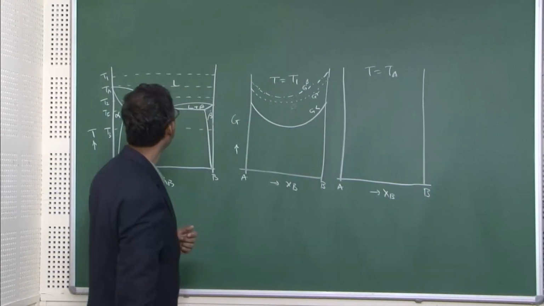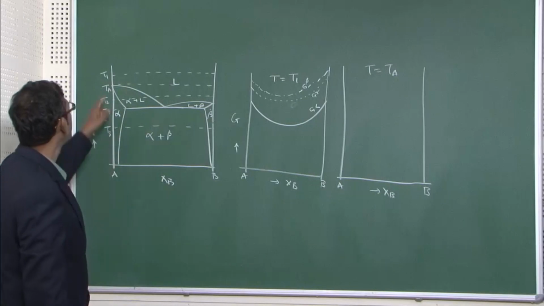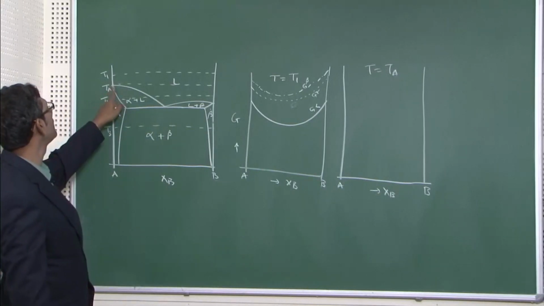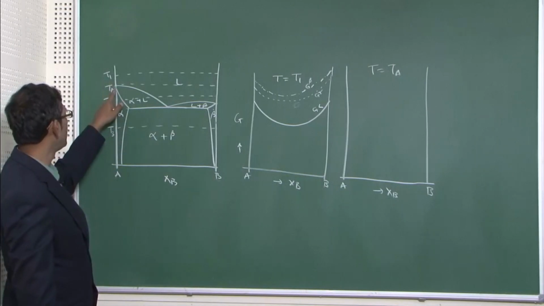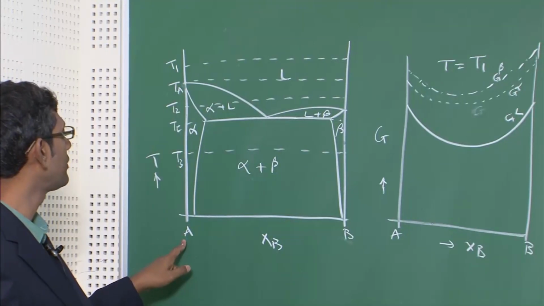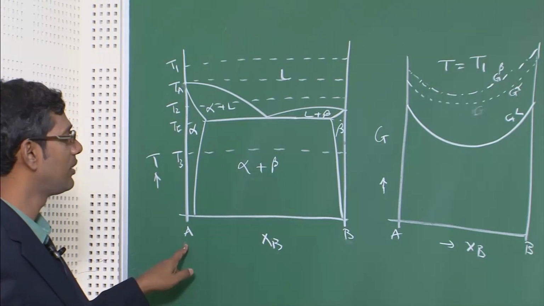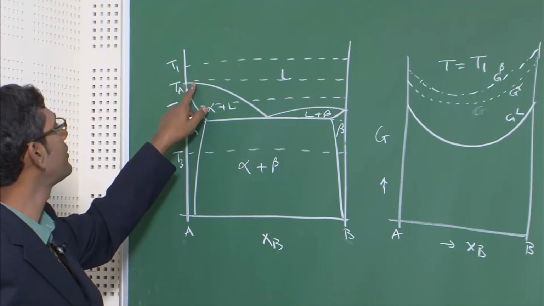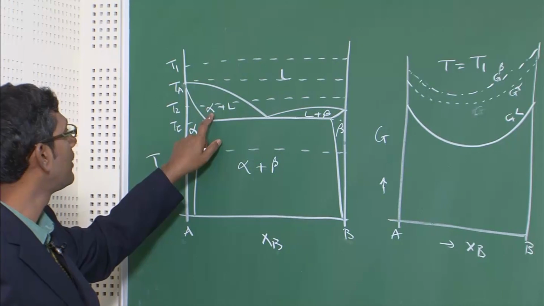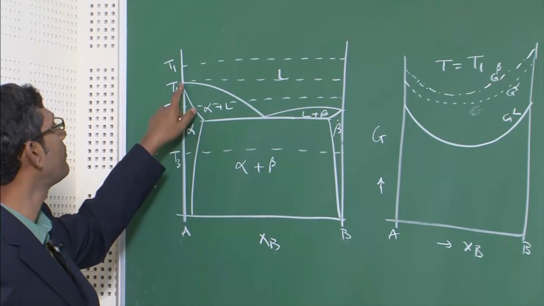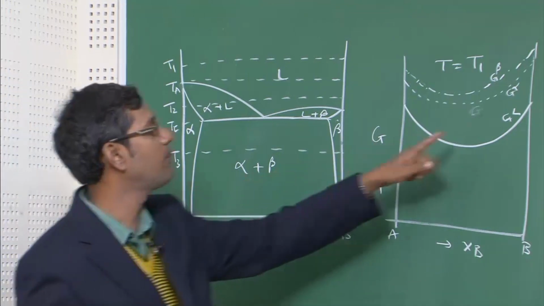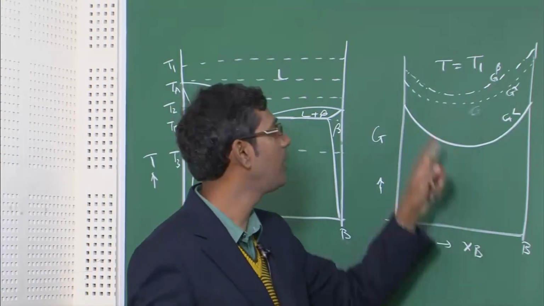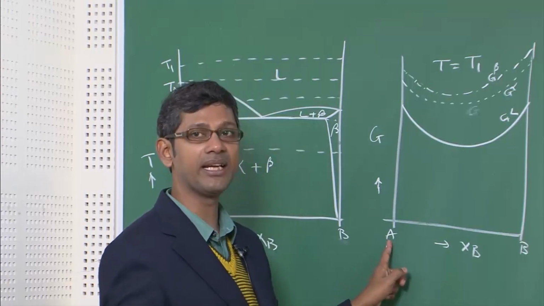At TA, what is going to happen? At TA, you can see here only at temperature A, at the pure A end, that is composition xp equal to 0, the liquidus of alpha and the solidus of alpha meet. So that means what? The free energy curve of liquid and alpha will meet only at the pure A end, others